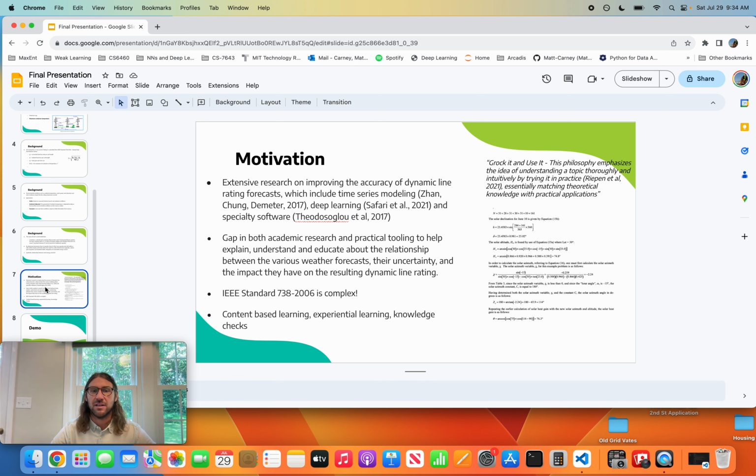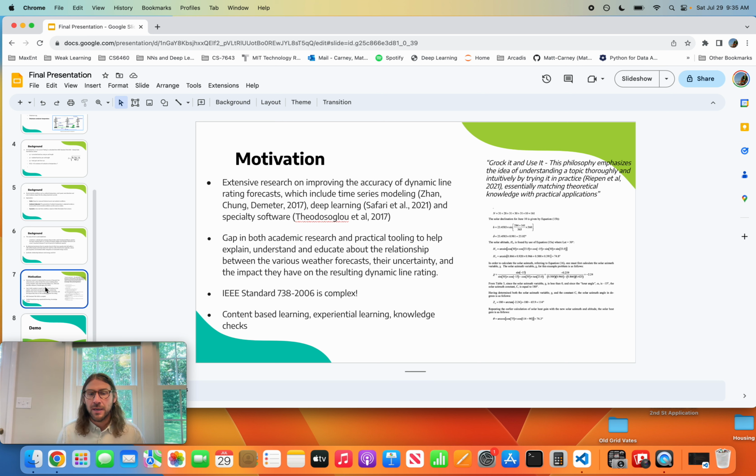So there's lots and lots of research about improving the accuracy of these dynamic line rating forecasts. As you'd probably guess, time series modeling, deep learning. There's some specialty software that already is out there. But I found that there was a gap in both academic research and practical tooling to help explain, understand, and educate about the relationship between the various weather forecasts, their uncertainty, and the impact they have on the resulting dynamic